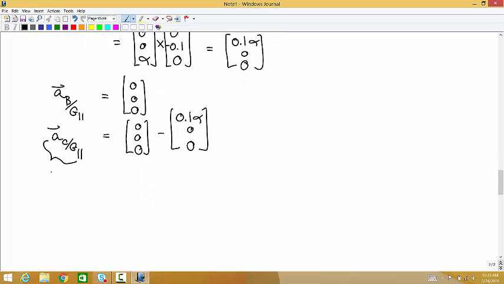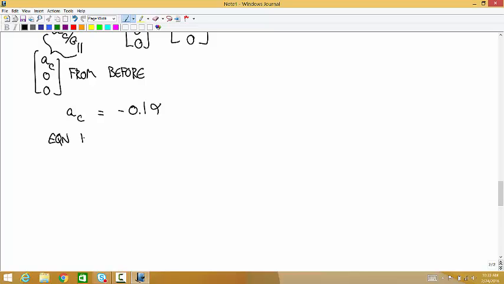This one we've already given an expression for. This is AC 0, 0. And so now you have the relationship that AC is equal to negative 0.1 alpha,